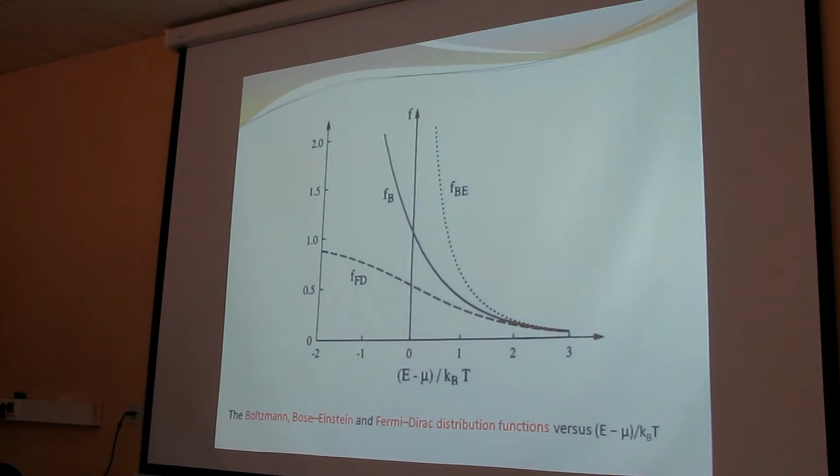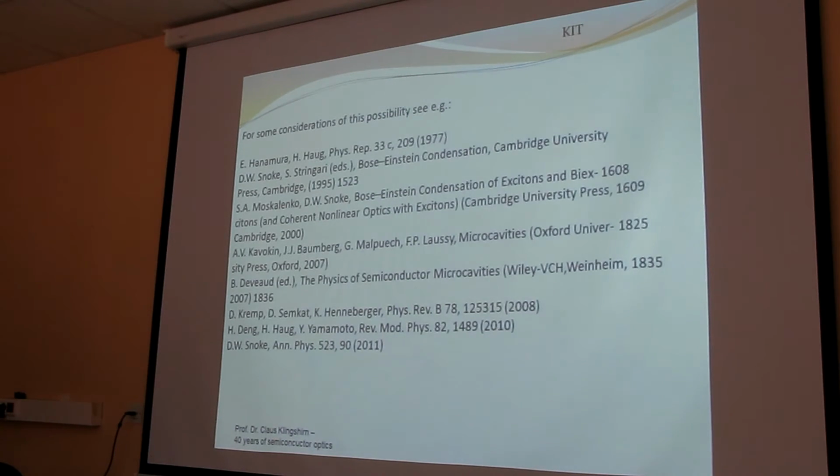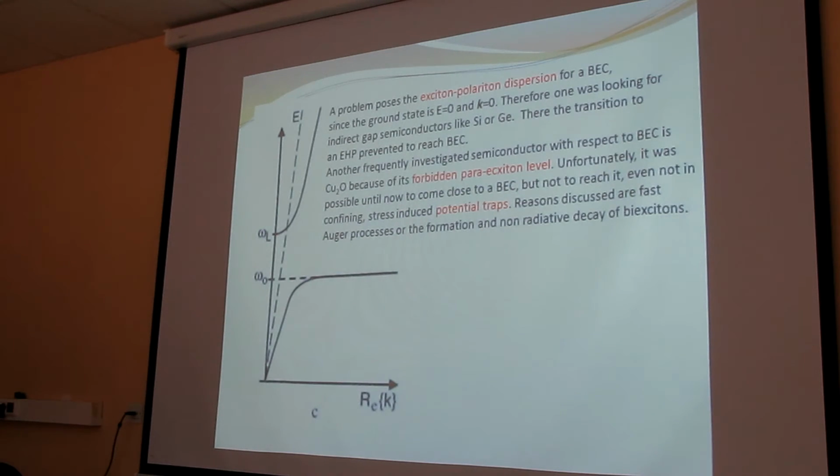And then, of course, people started to investigate. These are some authors, and for a time, many people, when they saw a narrow line, shouted Bose-Einstein condensation, and it turned out to be wrong. Now, if you have a polariton, if the exciton couples to the radiation field, it is difficult to say what a condensation means. It condenses to